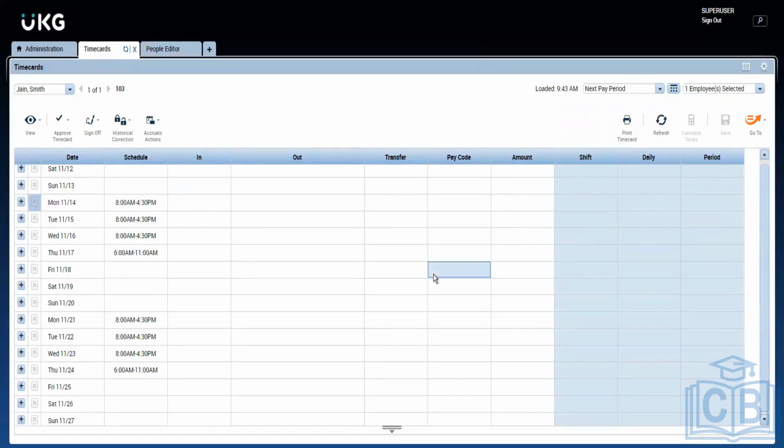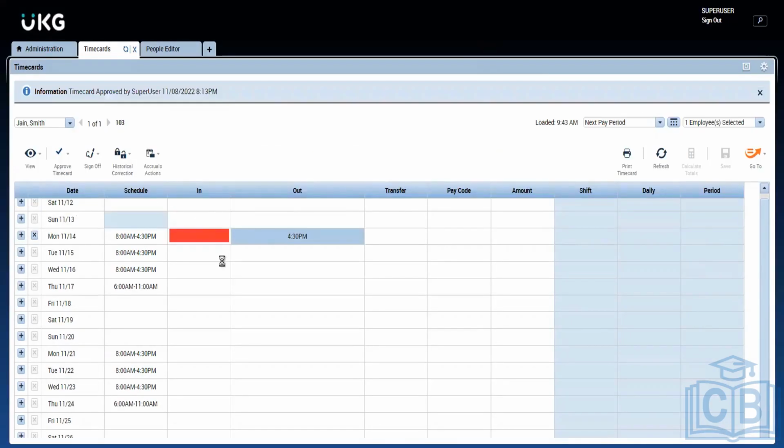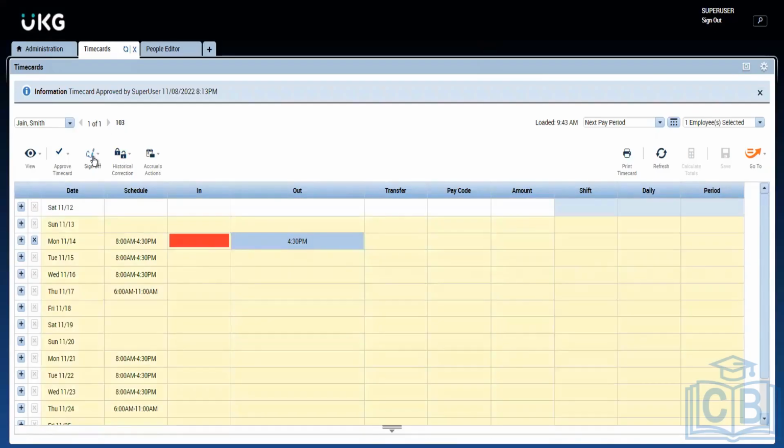The second item is the punch interpretation rule. Second, we'll just test out the missed punch. Let's say I'll put 4:30 p.m. here. It shouldn't allow us to save it. We have a sign off restriction. Let's see. We have saved it. Now let me try to approve and then sign off. Approve, I think it would allow, but after that signing off it shouldn't allow.